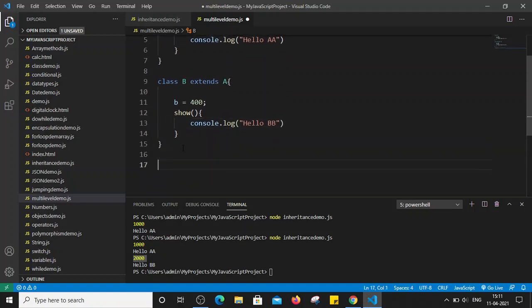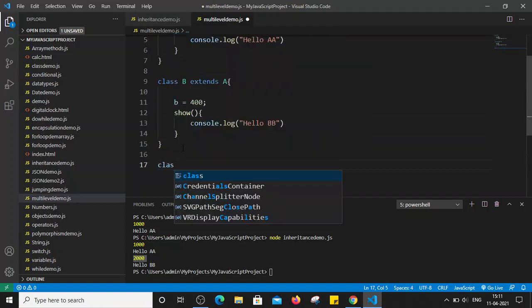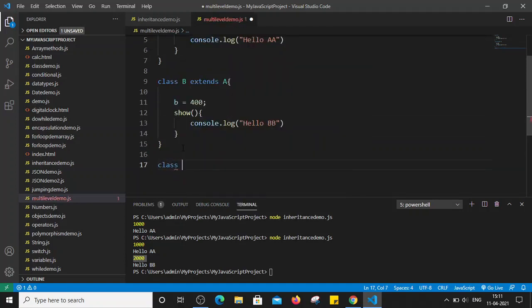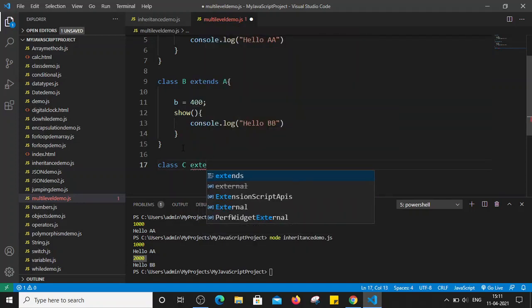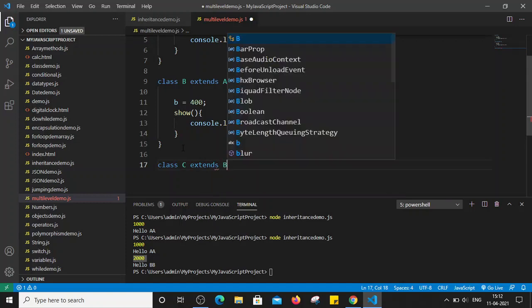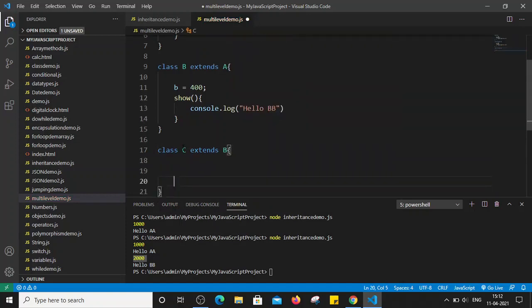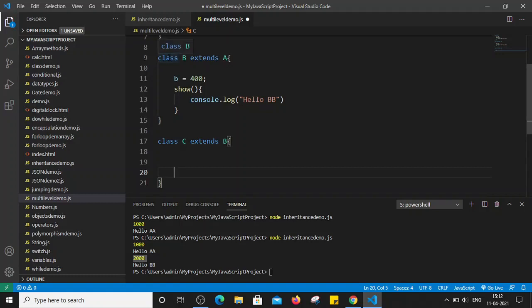Now let's create one more class. Let's name that class c, and class c is going to extend b. Class c extending class b. So here class b is acting as a parent of class c, and class c is a child of class b.